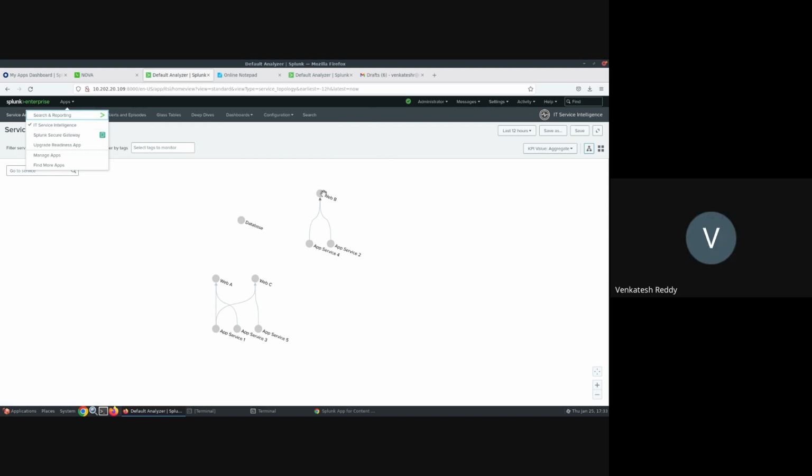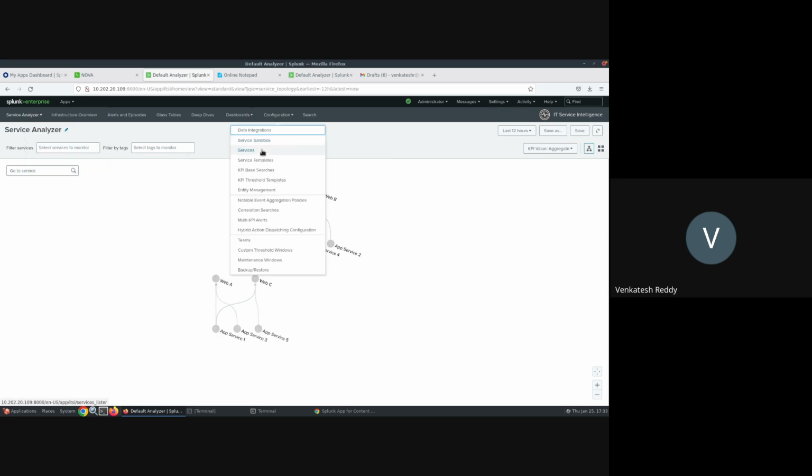Because we don't want to create these services manually, right? Usually if you want to create Web A, Web B, Web C, and all these services, we can do it manually by going to the services and then creating a service Web A and Web B and Web C. It's a manual process. So instead of doing it manually, for all the services that I want for an organization, I can simply use a CSV file.